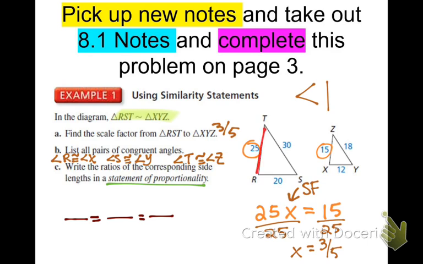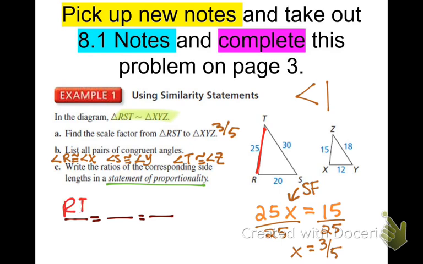If we started with RT and we did 25, what would the bottom then look like? 15. Oh, why am I doing that? Derp. We don't do the numbers. I just told you we don't do the numbers. I'm sorry. I'm not lying. I just made a mistake. So we're going to do